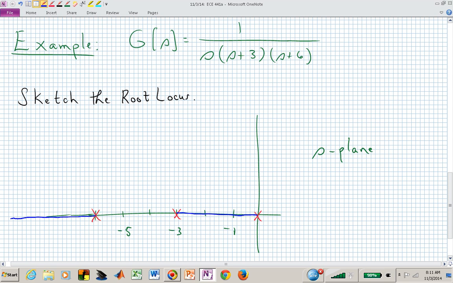Each of those poles produces a branch. We have 2 branches between the origin and -3. They're coming together to look like one line segment. It is one line segment, but we do have two branches between 0 and -3, and those two are going to come together. We're leaving these poles,